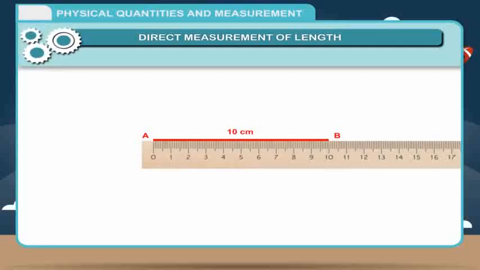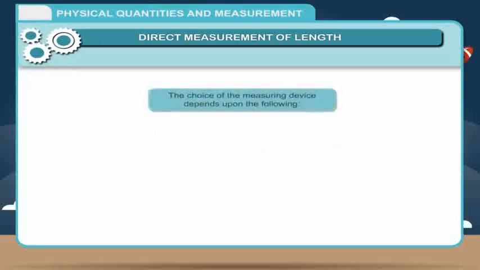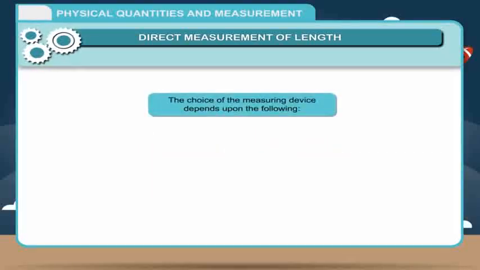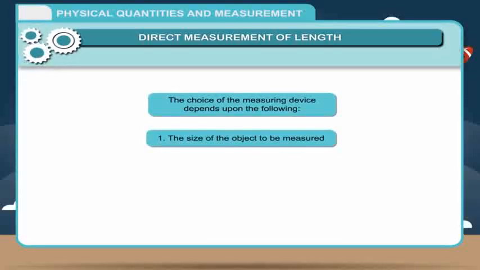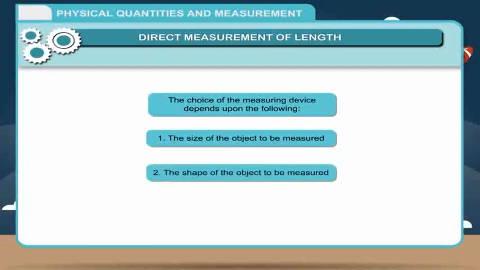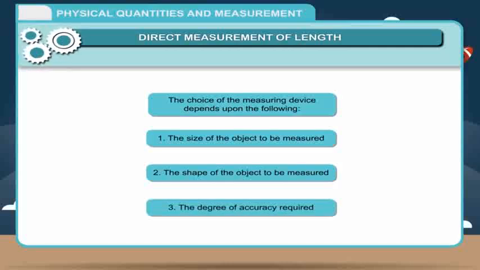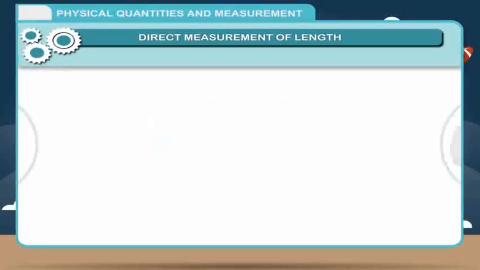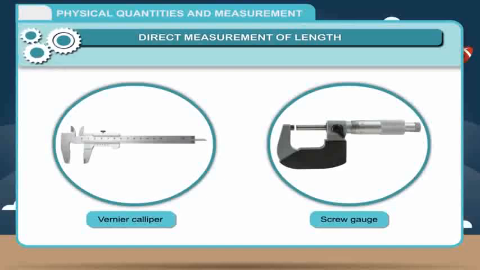To make accurate measurement, we require a proper measuring device. The choice of the measuring device depends upon the following. 1. The size of the object to be measured. 2. The shape of the object to be measured. 3. The degree of accuracy required. Vernier calipers and screw gauge are two such instruments which are used to measure very